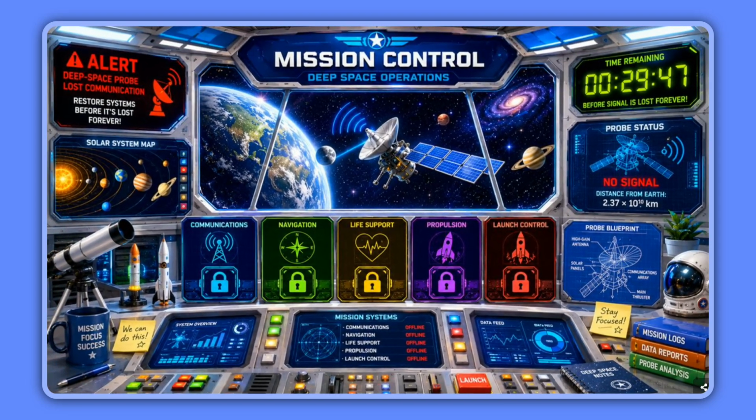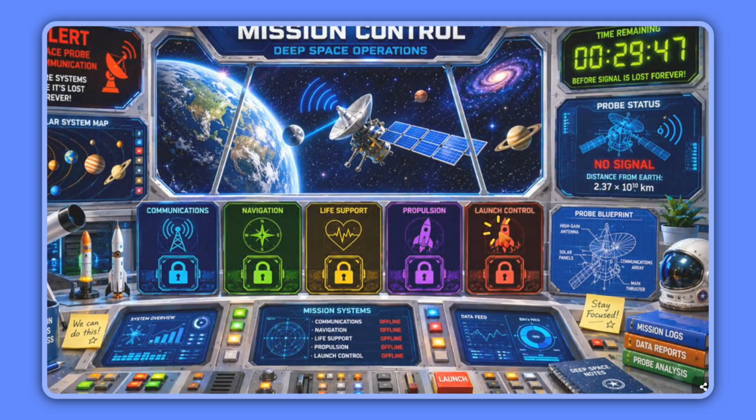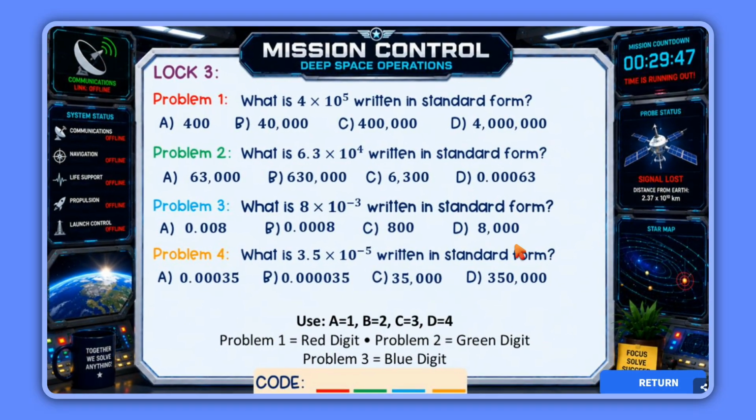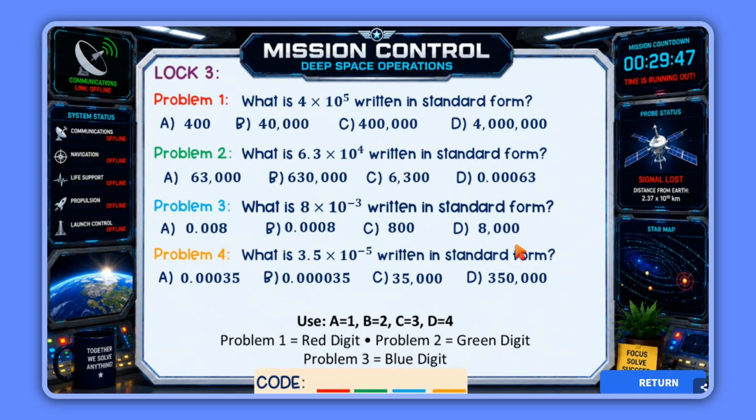This right here is the background. This is where they will find everything that they need to go ahead and solve this escape room. They will click on things. Some things will be clues, some things will be decoys. Here they have lock 3. They will go ahead and solve all 4 problems, and then they will use this key here to figure out